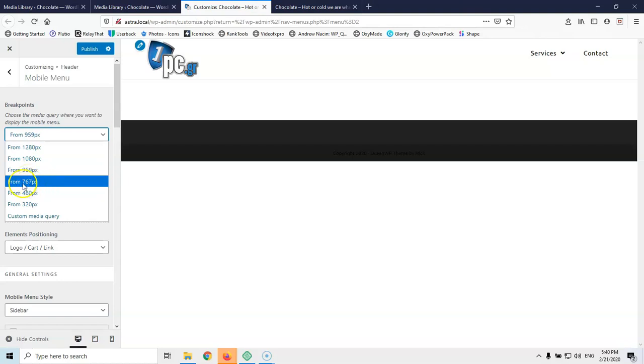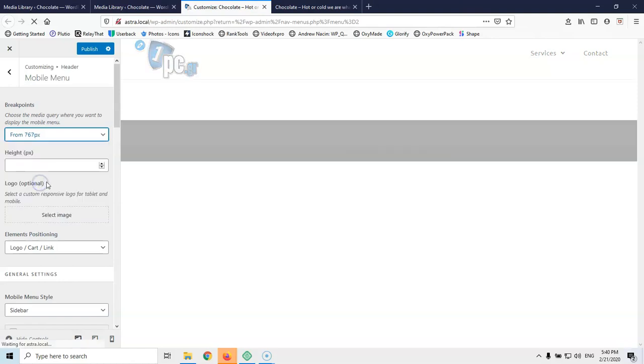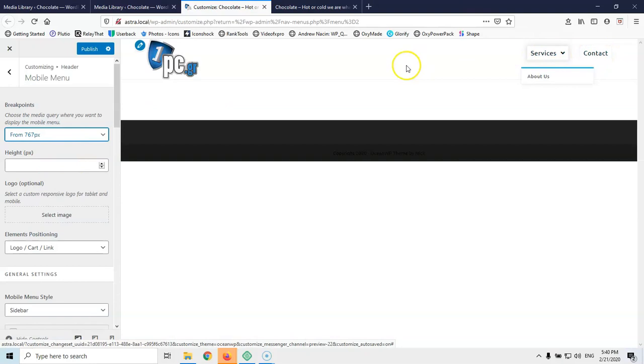how wide should be the screen when it falls to a mobile menu. So I'm going for 767. This is something that you should check, but I know because I only have 3 items in the menu, it will go until 767 pixels, and then it will break to a hamburger icon. Okay,